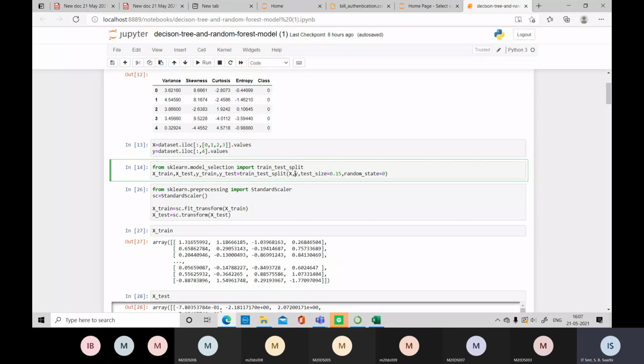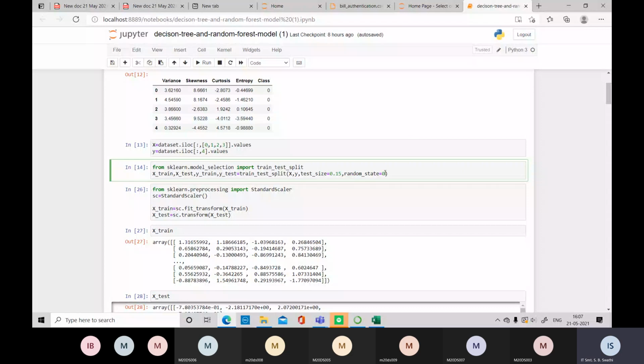Okay, so the file which you have to pass first is the X file only. This is the order we have to follow, and we should not modify this order. X comma Y comma test size is 0.15, which means for test data, that is X test and Y test, I am taking only 15% of the data. If I assume the total data in X is 100%, then 15% will go to the test file. The remaining percent is what? 85%. By default, the 85% will be allocated to the train files, X train and Y train.